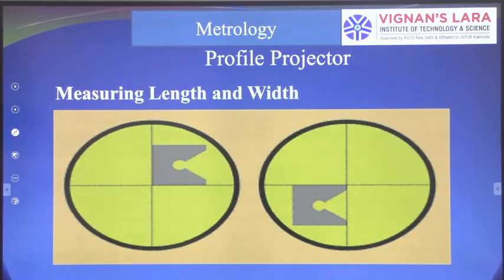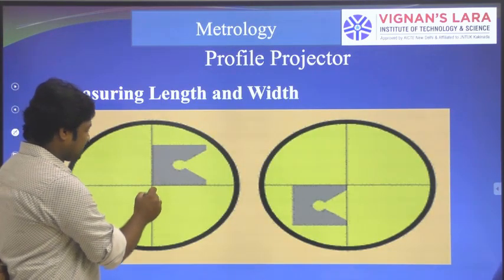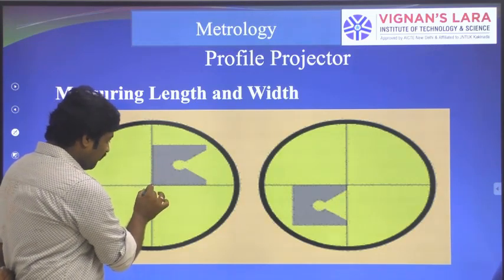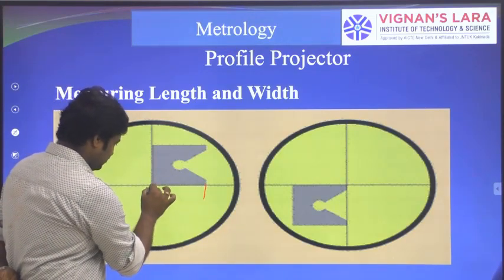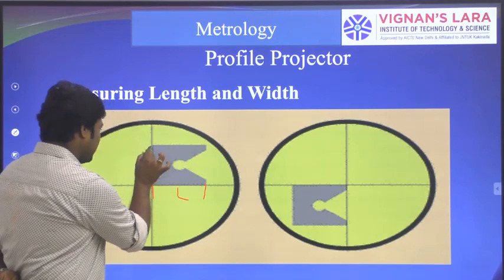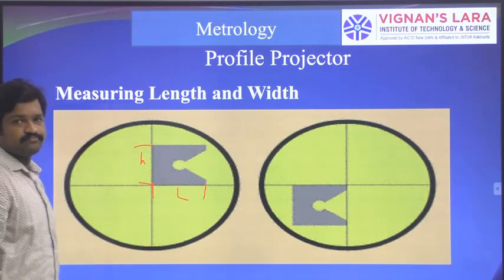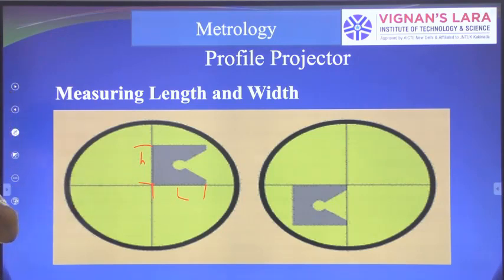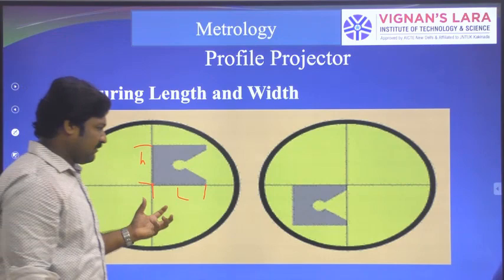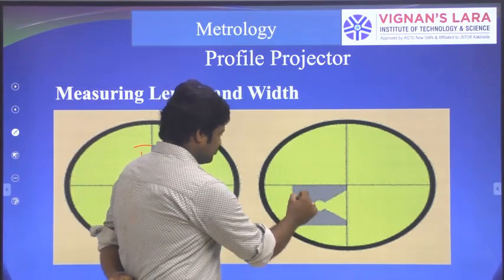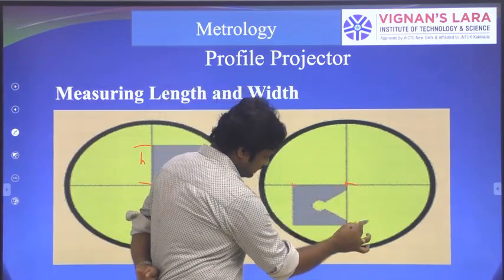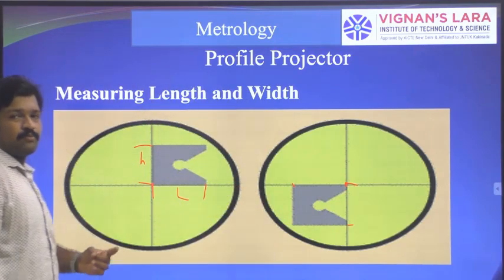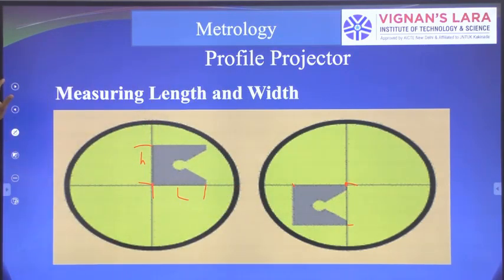So here is the image. By means of this optical projector and this reticle, we can compare both dimensions, length and height of the component, at a time. Both elements, height and length, or width and length, can be obtained at a time. Here is one more direction. Both this length and this length can be compared or measured at a time, whereas with regular measuring devices like micrometers or vernier calipers, we can measure only one element at a time.